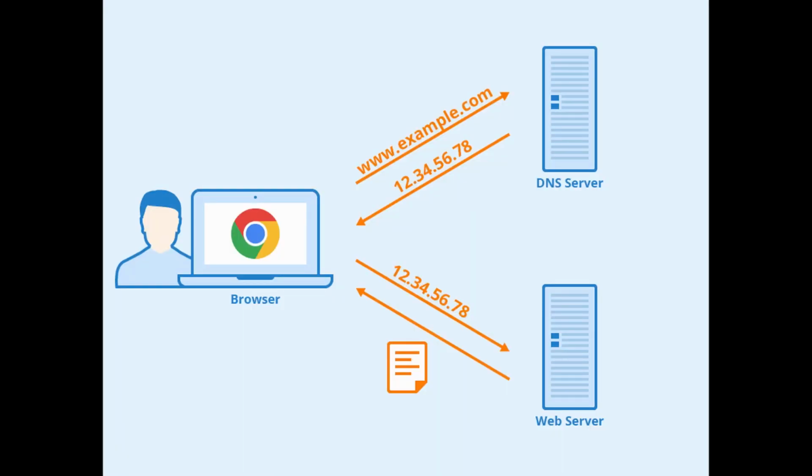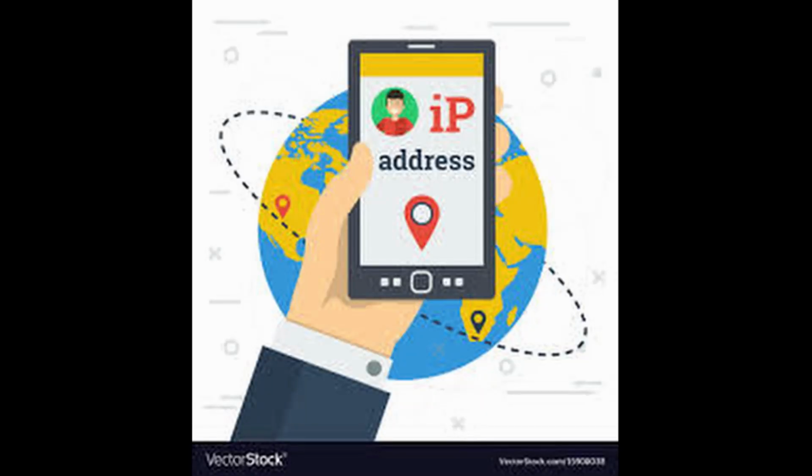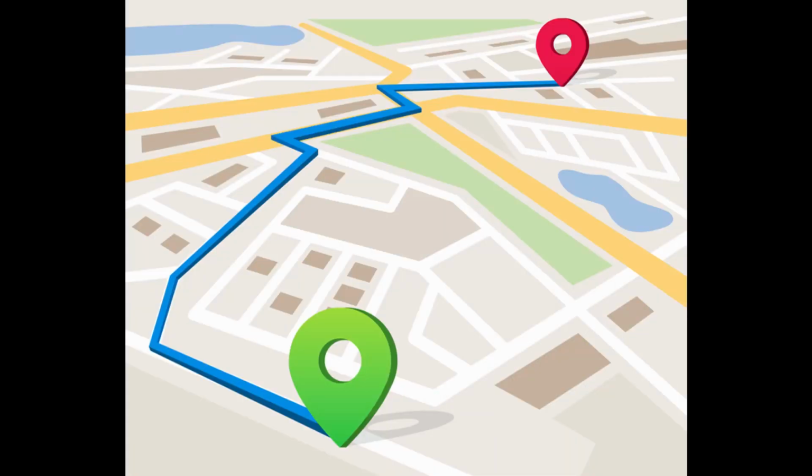Now we know what DNS is. Let's see how it works. The process of DNS resolution involves converting a host name into a computer-friendly IP address. An IP address is given to each device on the internet, and that address is necessary to find the appropriate internet device, like a street address is used to find a particular house. When a user wants to load a web page, the translation must occur between what a user types into their browser and the machine-friendly address necessary to locate the correct web page.